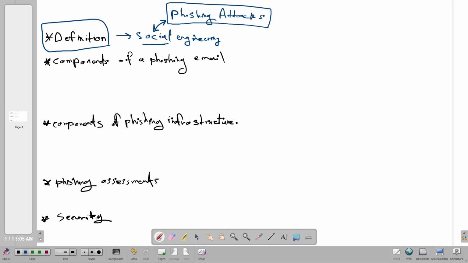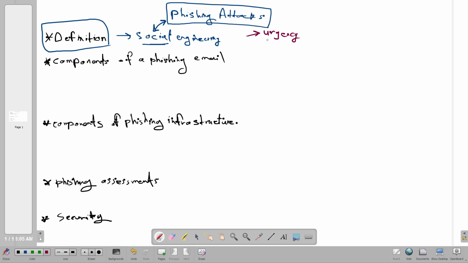For example, when a phishing email is sent to a target or a group of targets, this phishing email will use various psychological methods such as urgency.